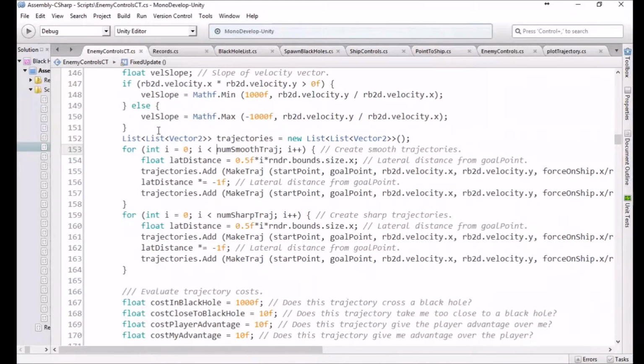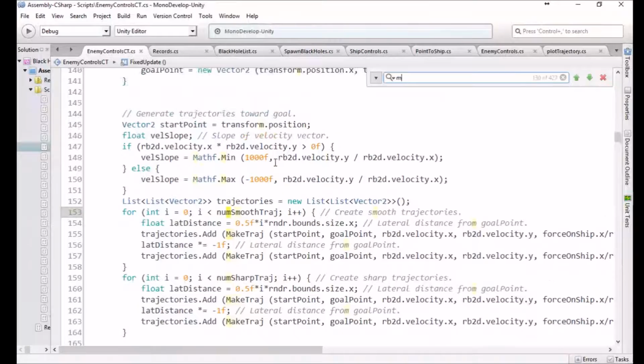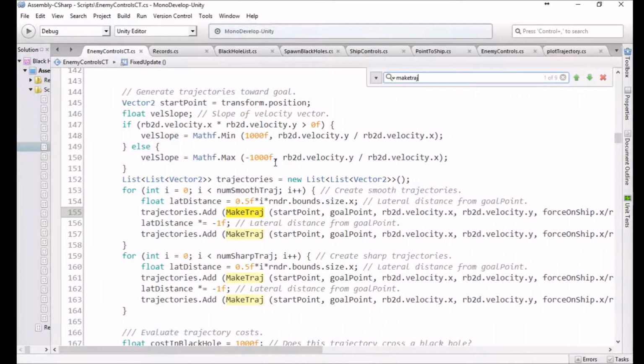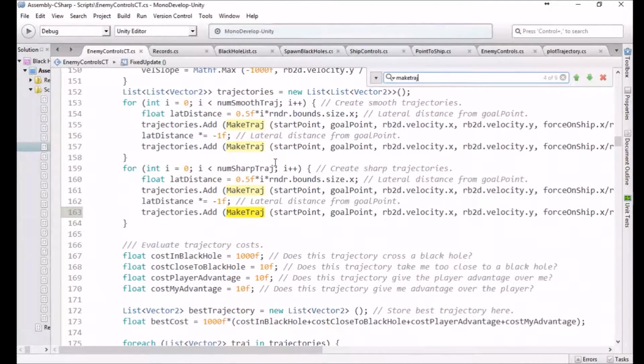I'm still in the middle of setting up the control theory based controls for our enemy ship. Last time we were able to get this list of trajectories generated that the ship is going to consider taking. I do want to show one change that I made to the make trajectory subroutine before we get to the